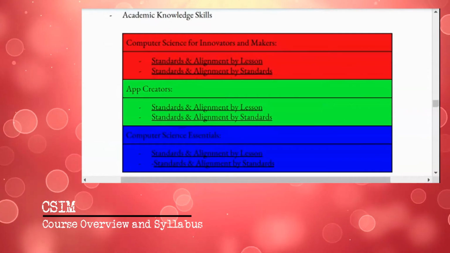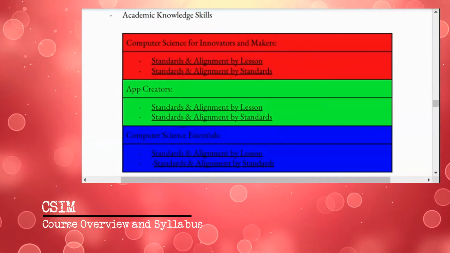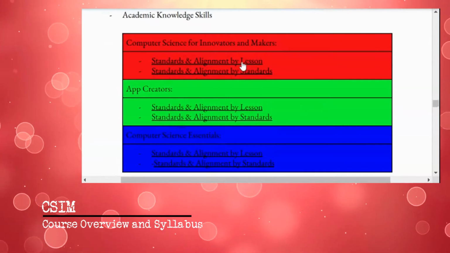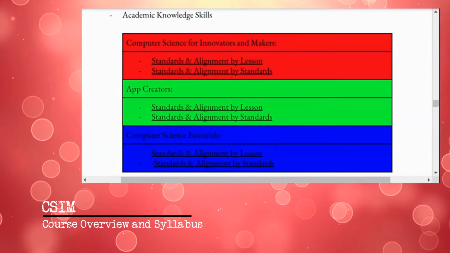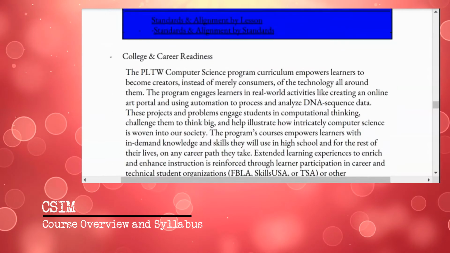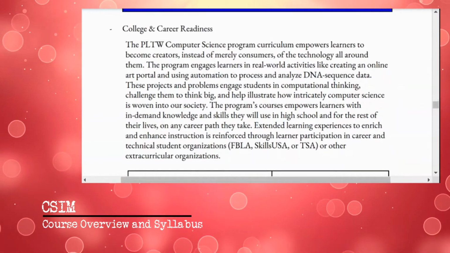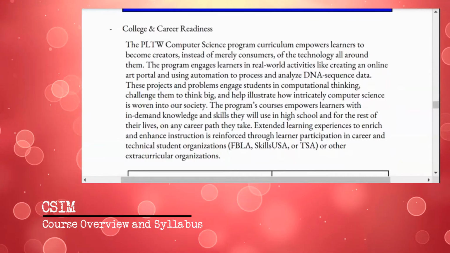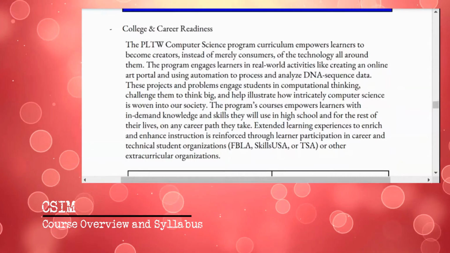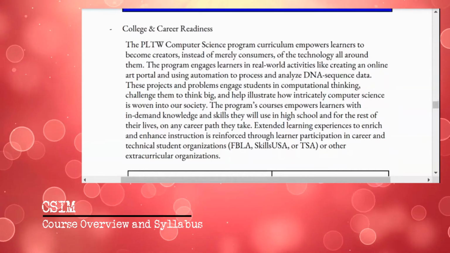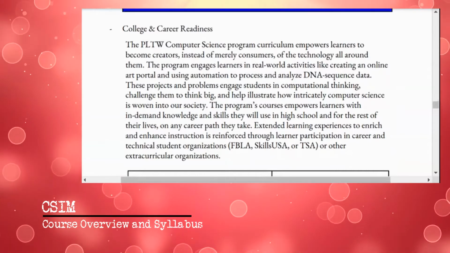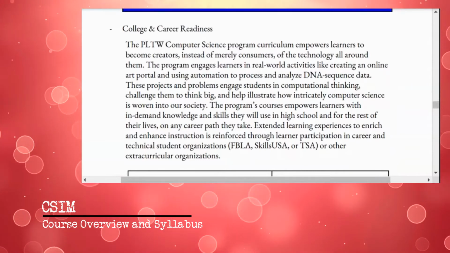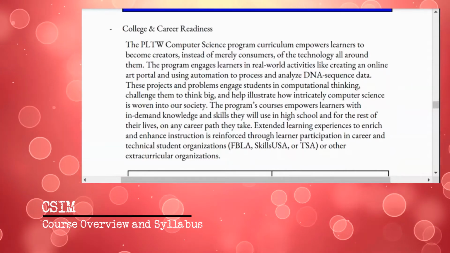All right, as far as your academic knowledge and skills, this PDF that you see here is aligned to all the standards and lessons. So if you guys want to check those out, those are hyperlinked right there. We are going to focus so heavily on college and career readiness because despite the fact that you guys may be in the seventh or eighth grade right now, you are going to start, as you grow through Dothan Prep and then also through Dothan High School,